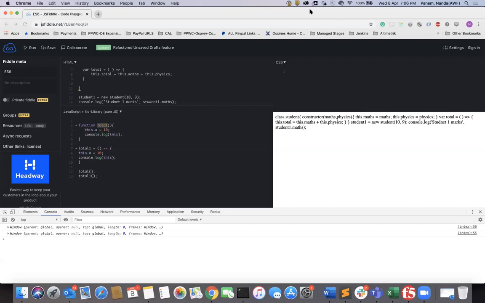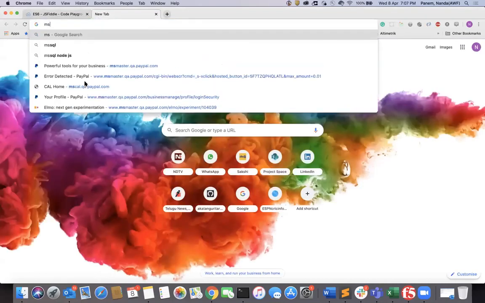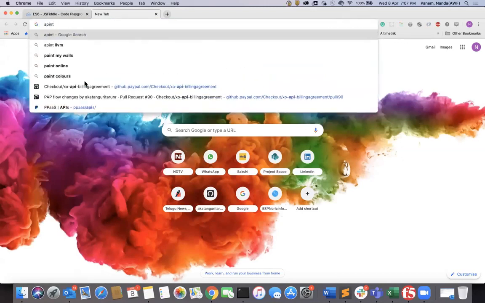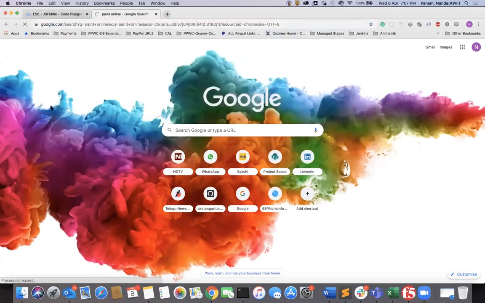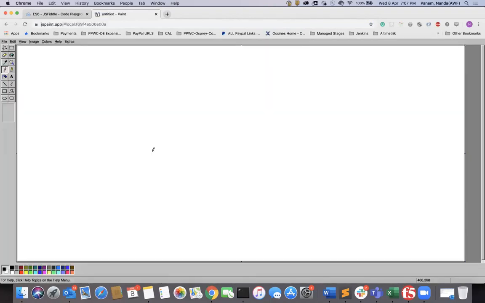Sorry guys. So in each and every browser, there is a set of rules to execute JavaScript. So how does the JavaScript engine work? The JavaScript engine is divided into multiple parts. The first one is the stack.